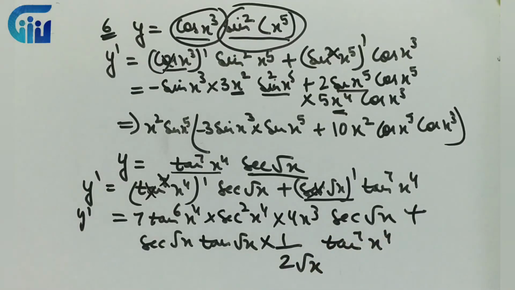If you feel the function has come out to be a complex function, don't take anything common, just write it as it is. These are 1 mark or 2 marks questions. What is the basic thing? That you have to write the correct derivative and you have to apply the correct rule, right?